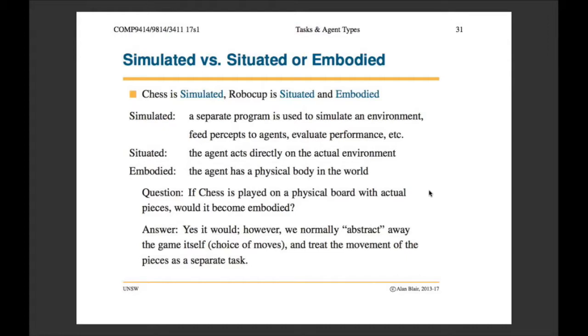And in fact, it's interesting, Rodney Brooks tried to do that for Go a couple of years ago. Just get a robot, not deciding the moves, but just a robot that can pick up the little stones and move them to another place. And it turns out to be actually quite hard to do that. But this is,